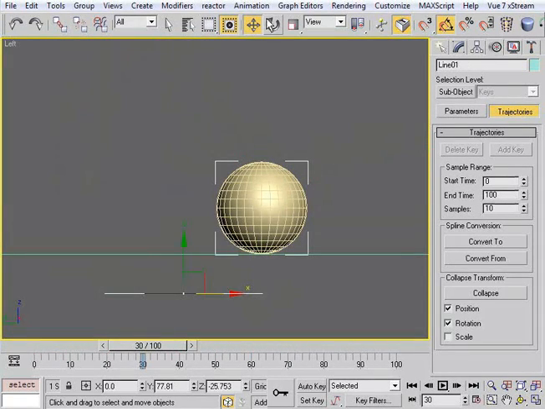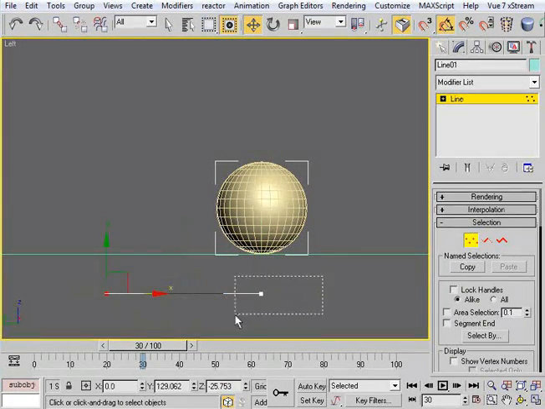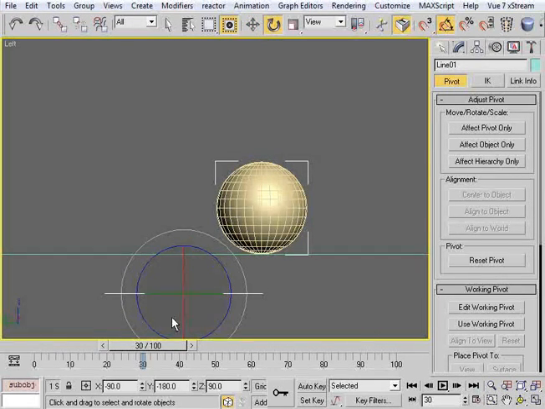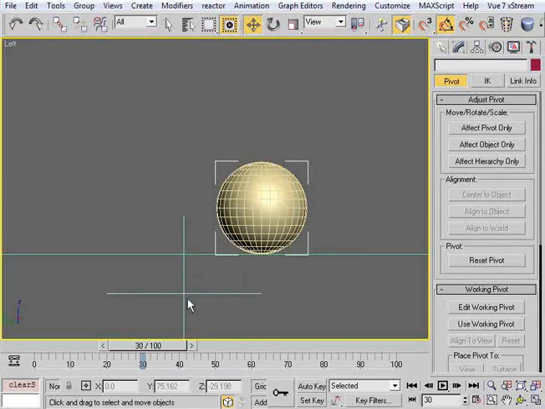Now, halfway through this line, which is why we went in and we adjusted the vertices so that it lines up with where it needs to be, and then we affected and centered the pivot of this object to itself, so that when we rotate and hold shift and go 90 degrees and just hit OK, we now know that this is the halfway point between these two. So that's why I then